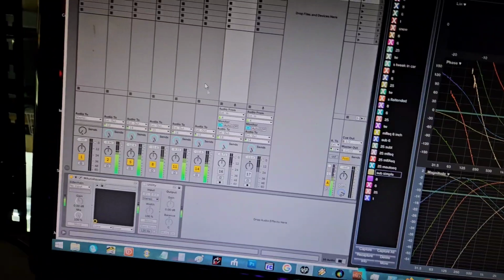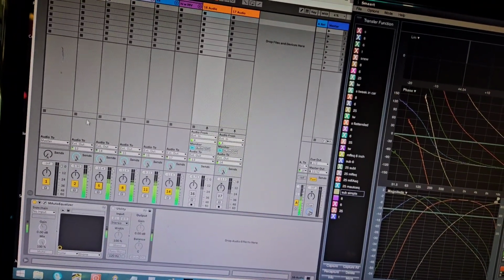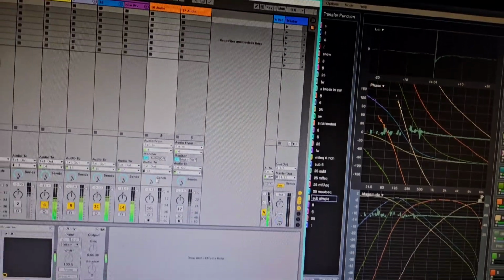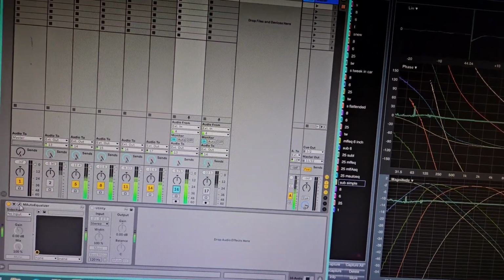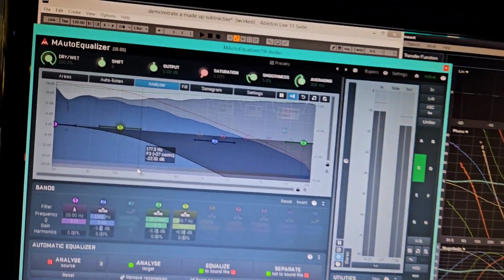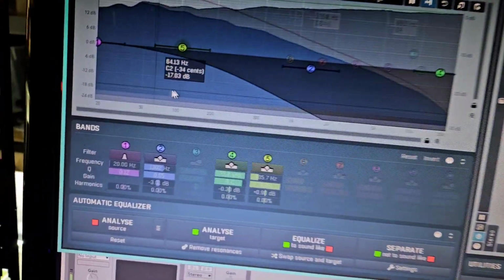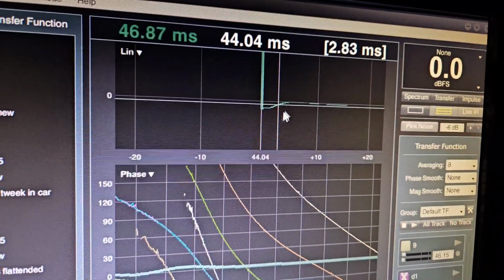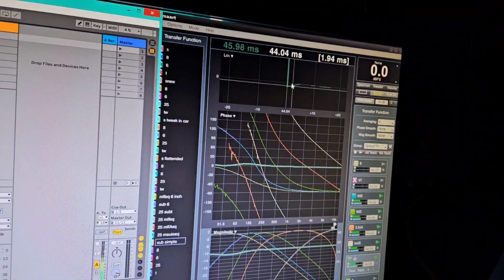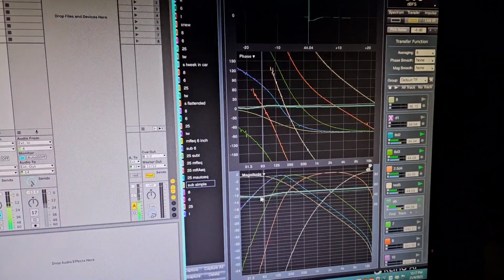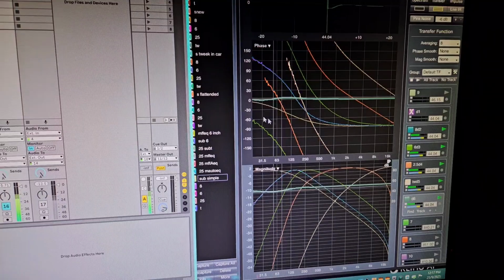Now I started replicating the bands, so I'd turn off the sub and I'd make a new sub channel with just normal EQ. So instead of a high pass that's subtracted, I used a low pass and various bands, and I'll turn off all of the other ones, but as you can see, the impulse is starting to falter. This is very, very zoomed in on the impulse, and here's the magnitude with a little dip and a